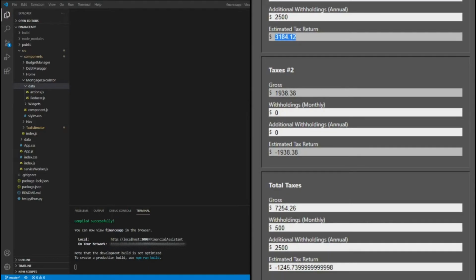So this goes through and follows all this logic for the current 2020 tax brackets,